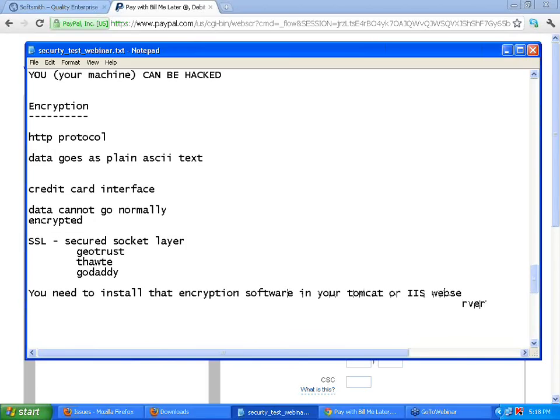Once this is done, you can configure which pages must go with encrypted data. Not all pages need to go with encrypted data, but important pages where you get privacy details, you can always say encrypted. So you need to get it from these people and then install it in your web server. From then onwards, you could see the green and lock symbol with HTTPS.